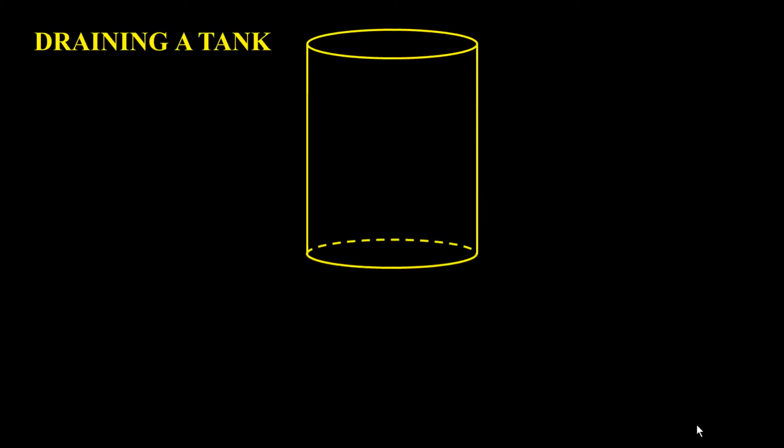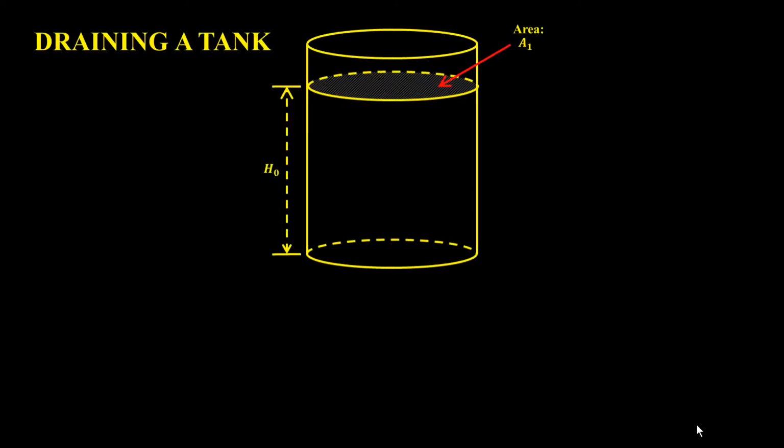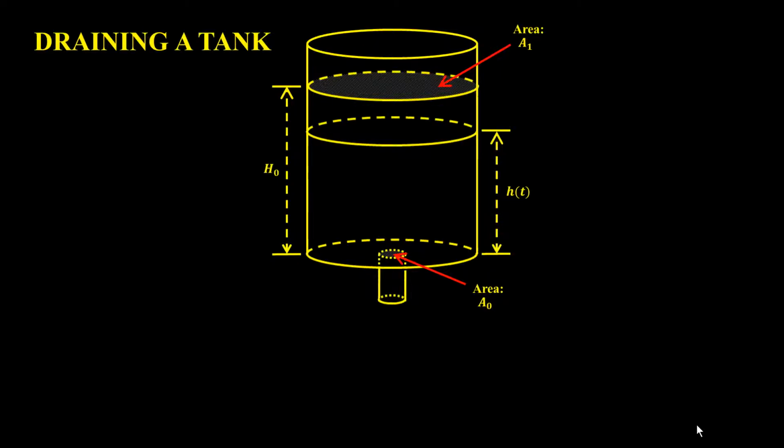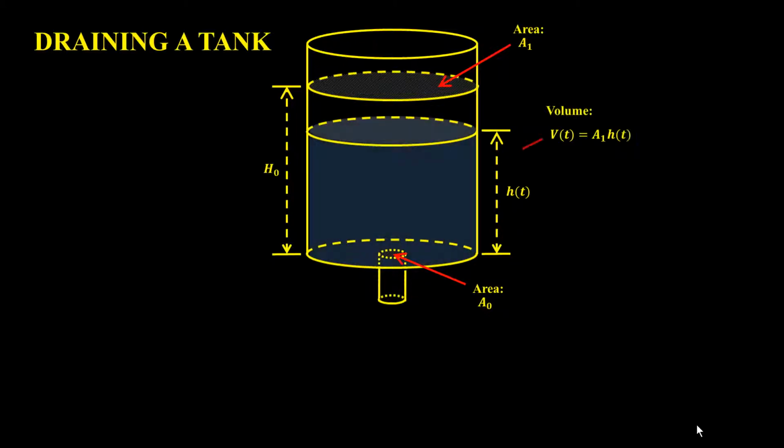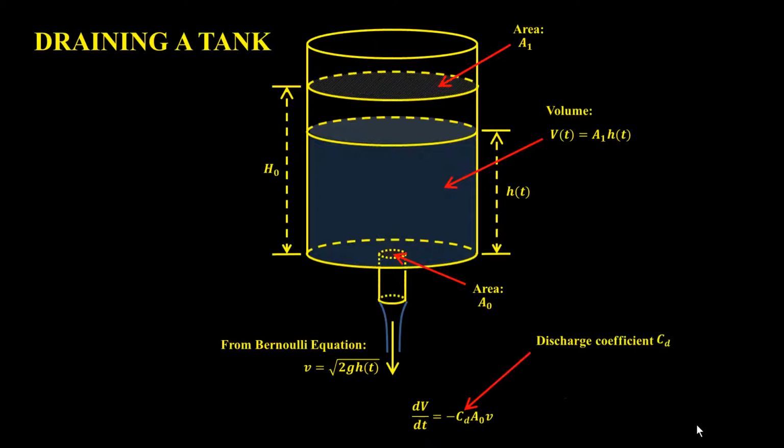Okay, so we have our model for our tank, and then we have our area, which is A1, and then H0, and the area of this smaller section, A0. And then the changing height, or water level, is H with respect to t, and then volume is equal to A1 times H(t). And then from the Bernoulli equation, we know that speed is equal to this. So then we have the volume flow rate is equal to that, with our discharge coefficient being CD. And then at time equals 0,